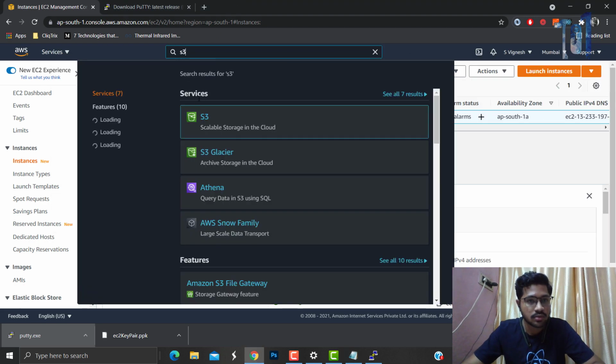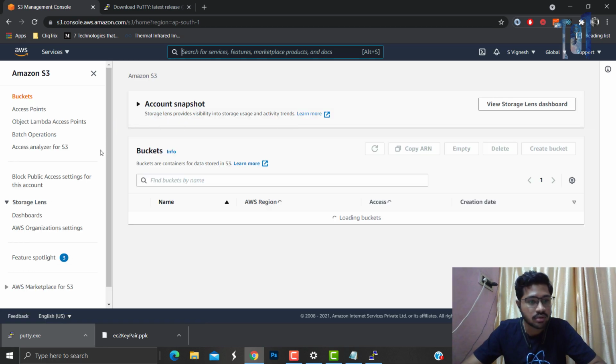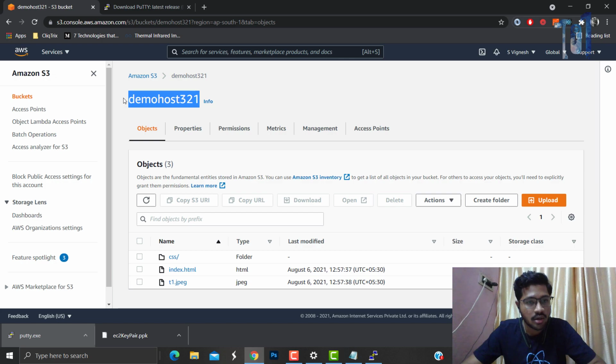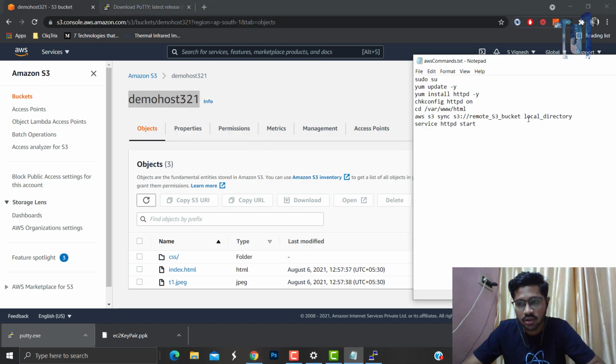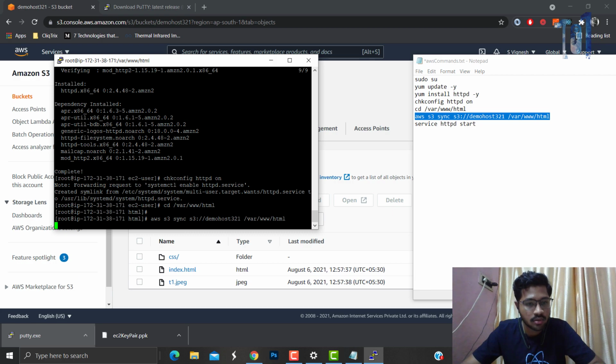Go to the S3 service. Once you're in S3, click on the bucket and copy the bucket name. Come to the notepad and replace the name remote S3 bucket with the demo host URL, then set the local directory here, copy this entire command and paste it in the terminal.